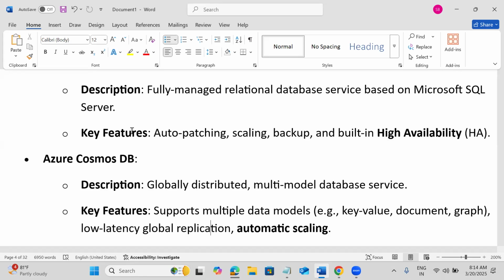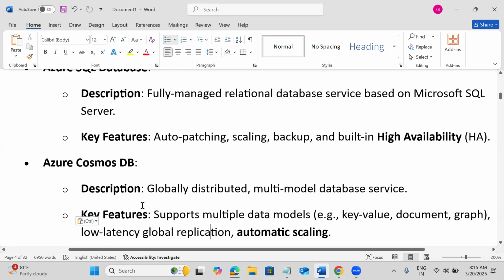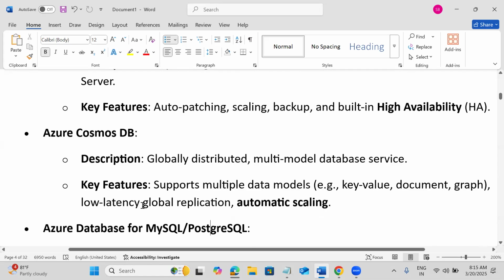So that is also a serverless kind of thing. Normally, even if I go for a PaaS-based service, Azure is managing all this in the backend servers itself. But if I go for Cosmos DB, only for the tables itself I need to pay. Azure SQL Server, all these are regional level, but Cosmos DB is global. So for multiple regions also we can use it. For serverless kind of applications, it's recommended to use Cosmos DB.